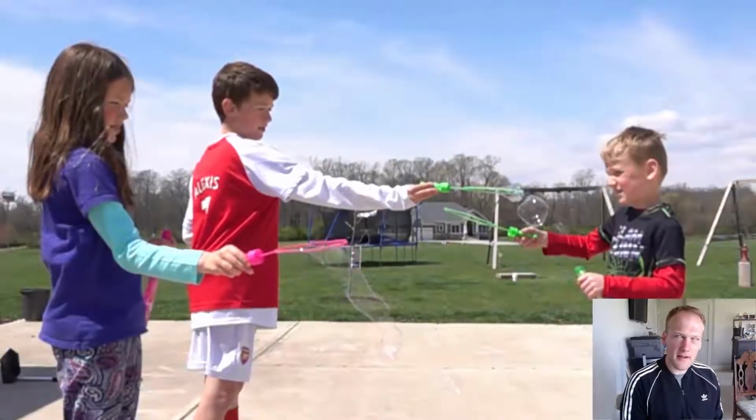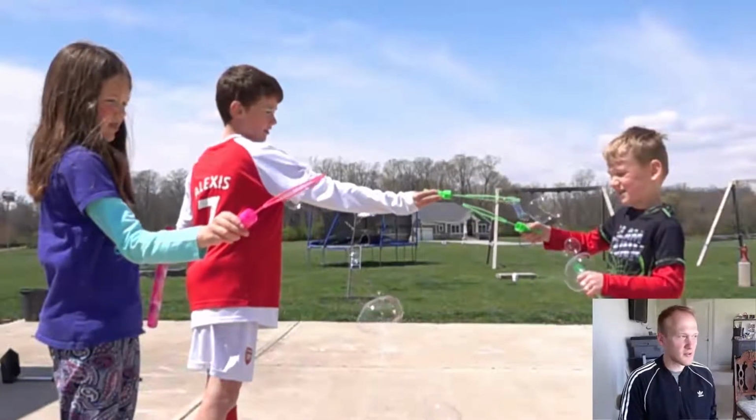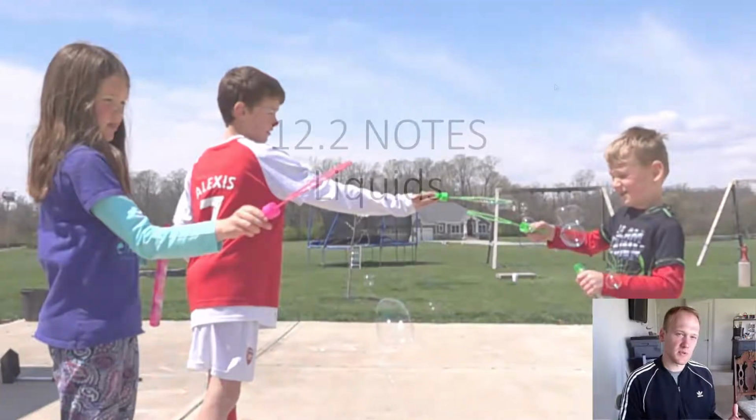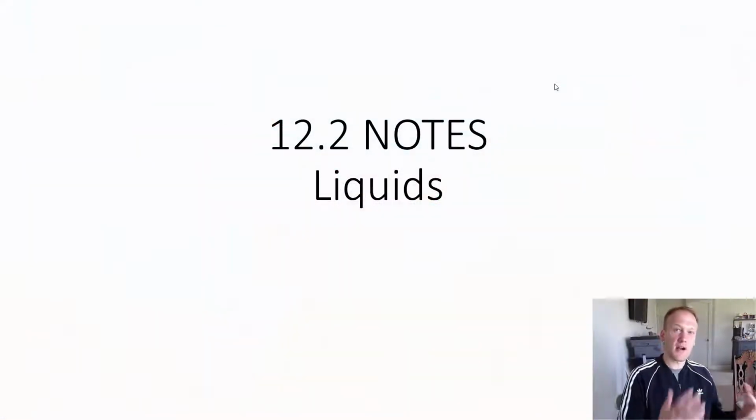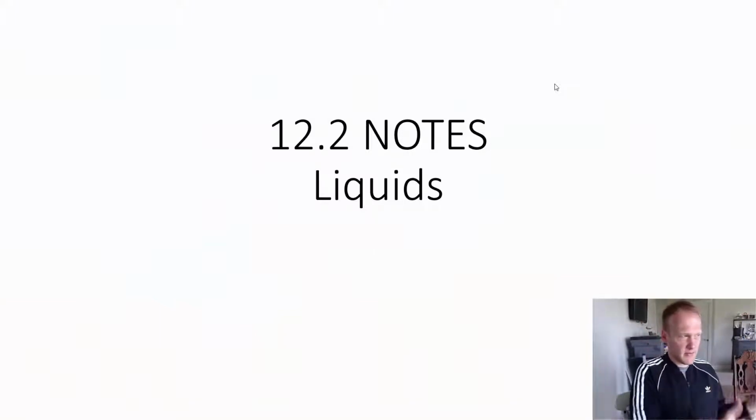So anyway, today we're going to talk about liquids. I will say something about this unit: I don't believe there's any math. States of matter, Unit 12, is pretty much all conceptual, understanding the properties of liquids and the properties of solids. We did Unit 11 by itself as gas laws, lots of math. But Unit 12 is more about the properties of those liquids and solids.